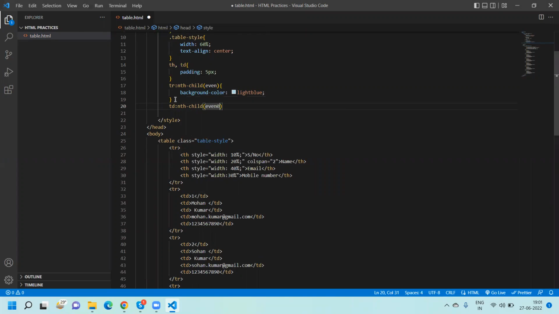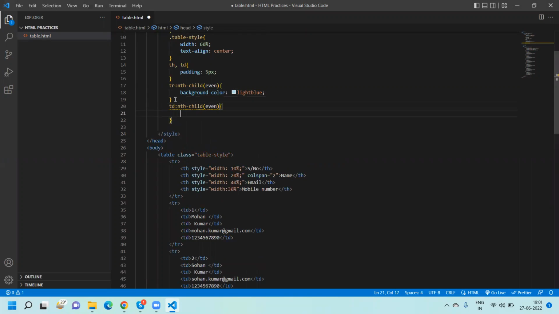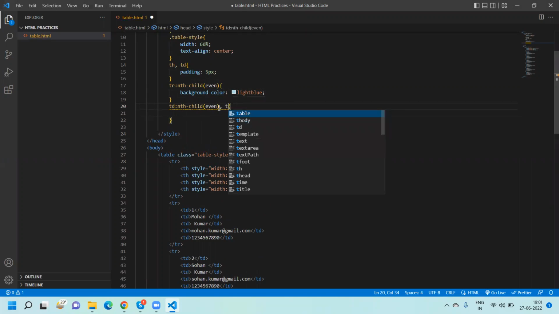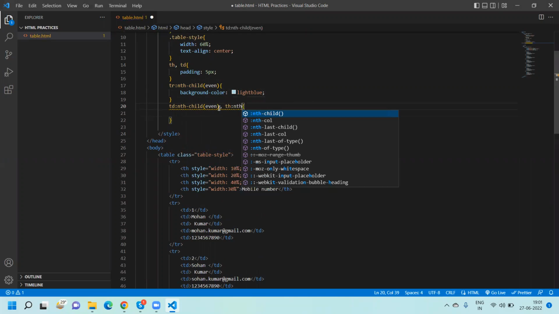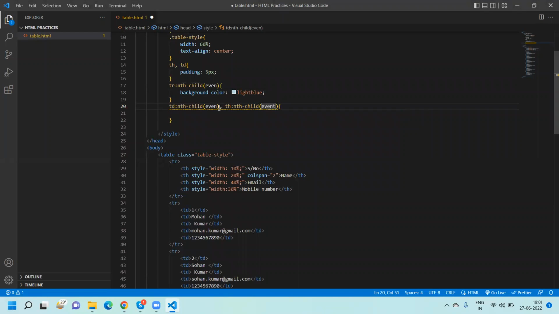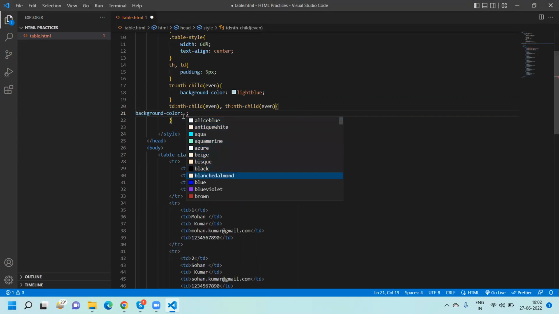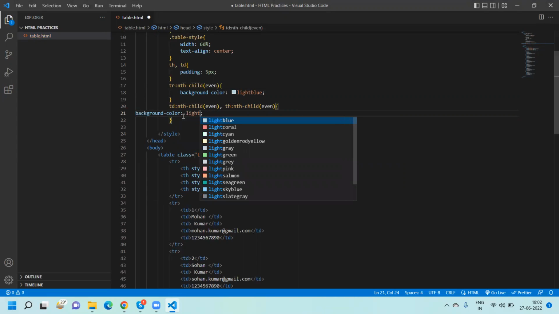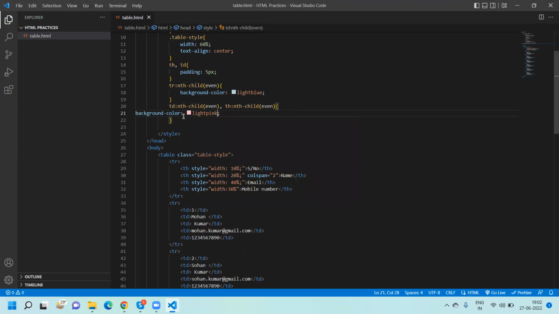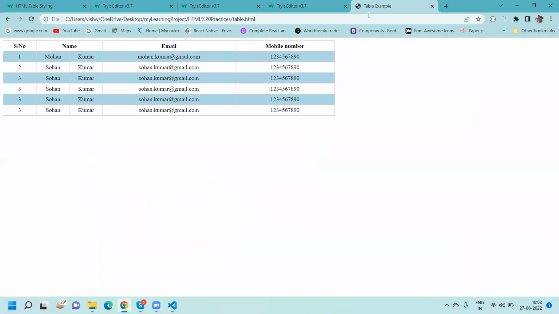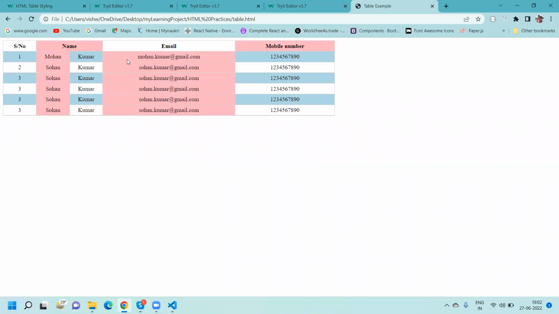I will provide even and comma td also, th also, table header also, nth-child as even, background color, just to provide light pink. Okay, just go to the output and refresh the page. So as you can see,